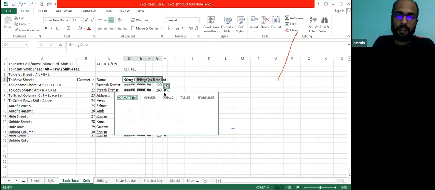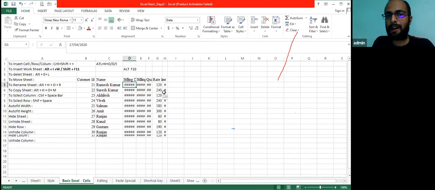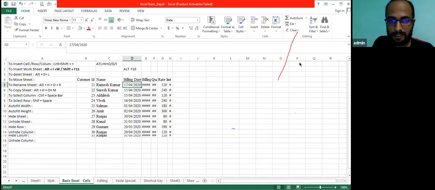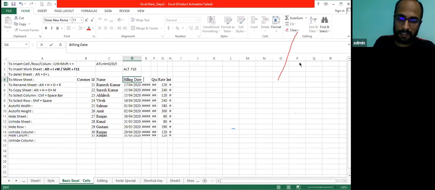You have two options. You can apply this command on any particular cell only, or you can also apply it on the entire column. It depends how much you are selecting. If you select only one cell, it will work on only one cell. Let me show you how it works. Format, auto fit width. See, one cell only. Let's suppose date, and I have mentioned something like that.